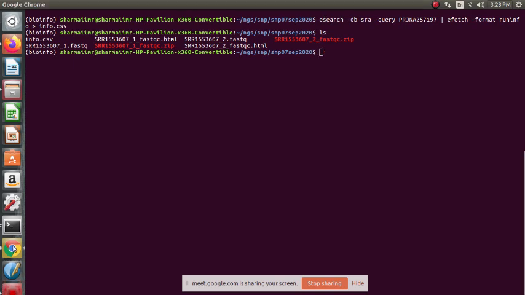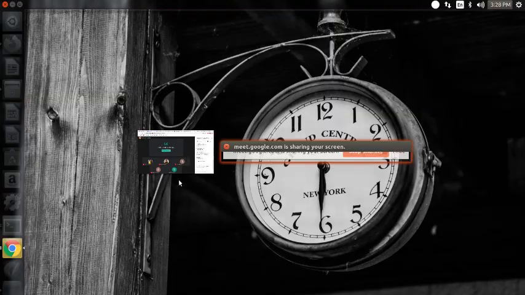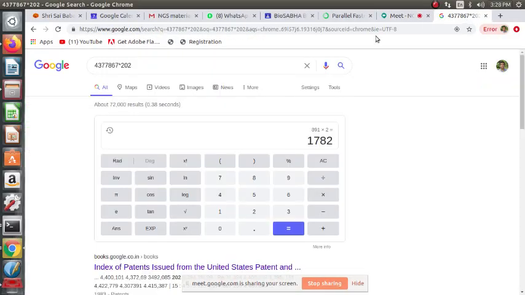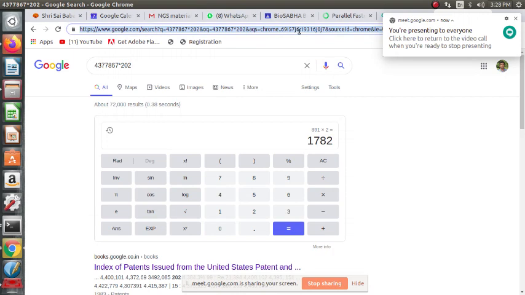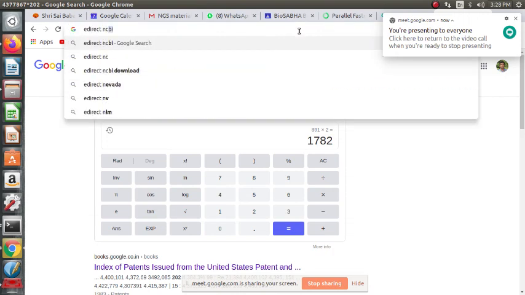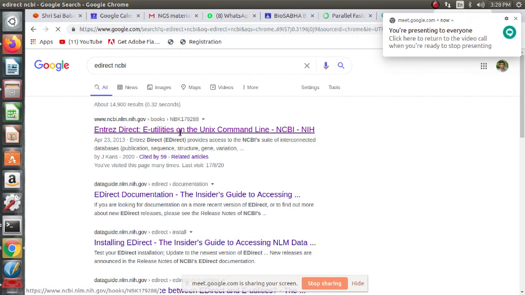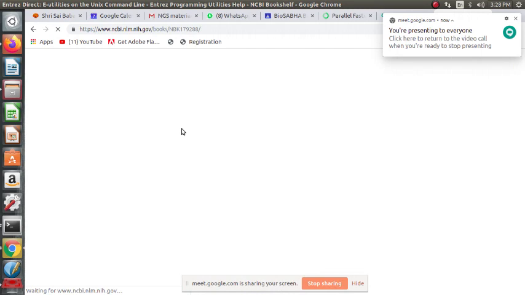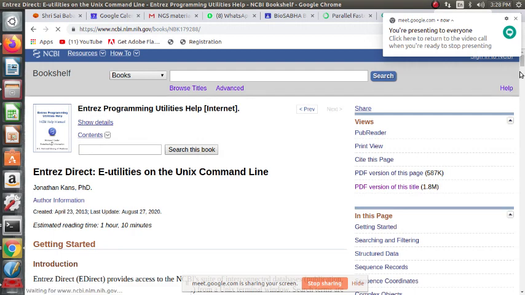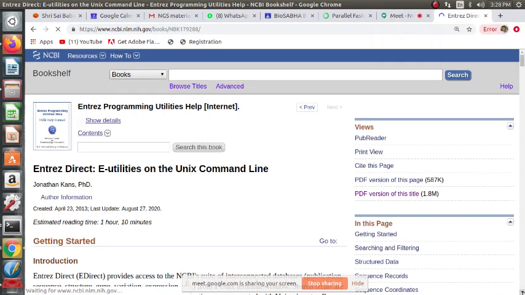And if you want to install esearch, please go here. eDirect, NCBI. So these are the installation instructions in the NCBI book. After downloading, it will be there in my local system. It depends which path you put the file, right? You are just downloading a file in a particular folder. Yes, you are downloading the runinfo.